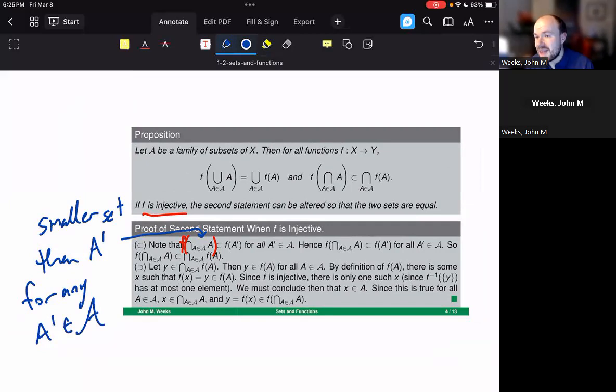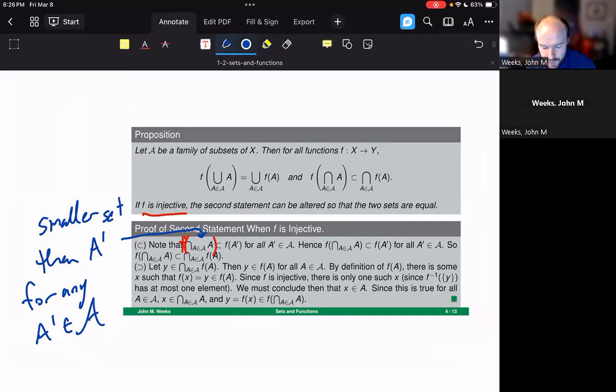So what is going to happen if I go through and map these images? Well, the f of this smaller set is also going to be smaller than f of A prime for any of the individual sets that I would plug in there. The reason is that if I plug in fewer x values, all contained within a set with more x values, then the possibilities for y values just expand. I'm not losing any y values by expanding the number of x values that I could plug in. And that's going to tell me that this